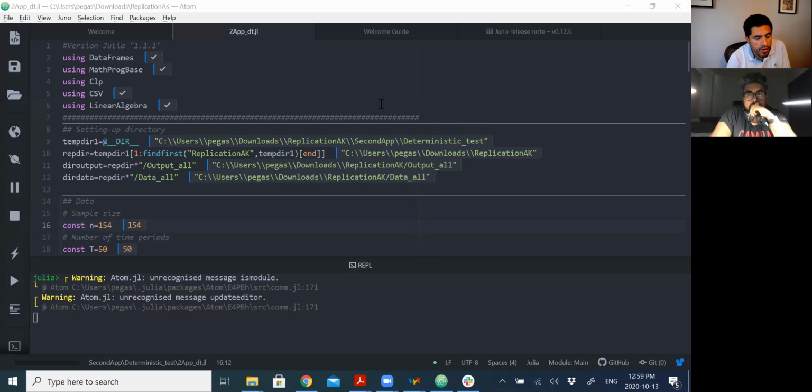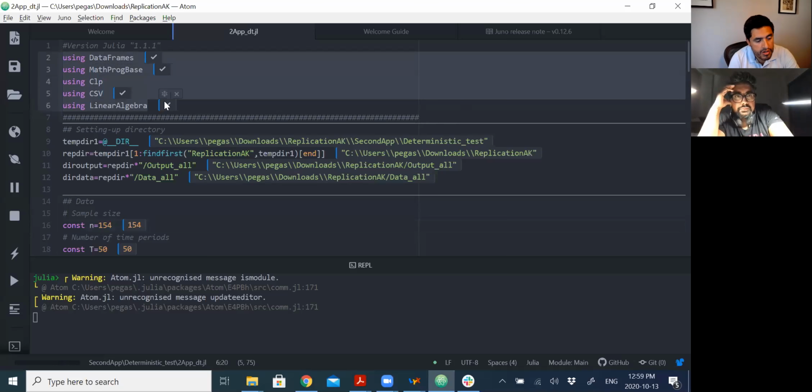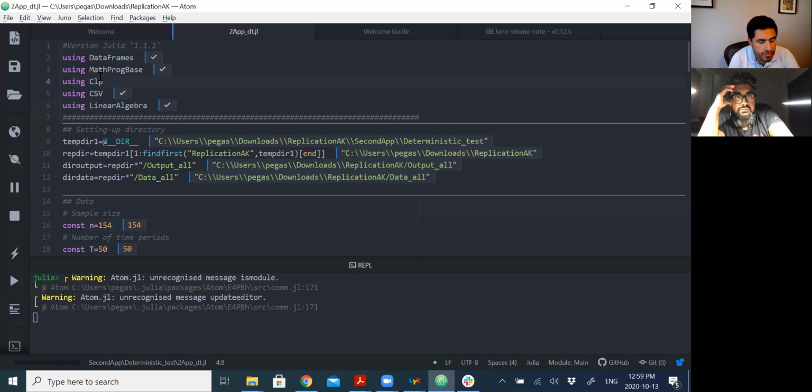So right now we're gonna do a quick revision of the problem set. So this is the programming part, and this is the Julia code. The first part that I basically told you to try to install are the packages that you need. These DataFrames, CSV, and LinearAlgebra are the main ones. These other ones will be useful for later, but